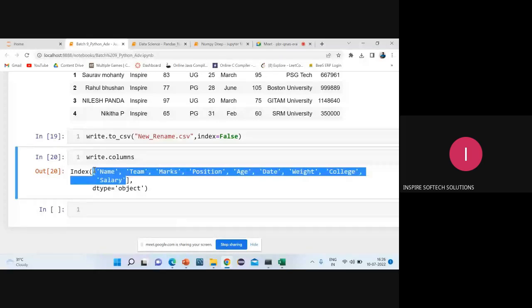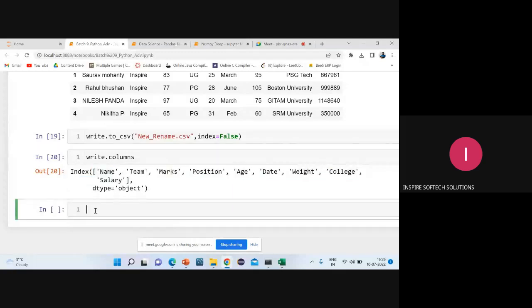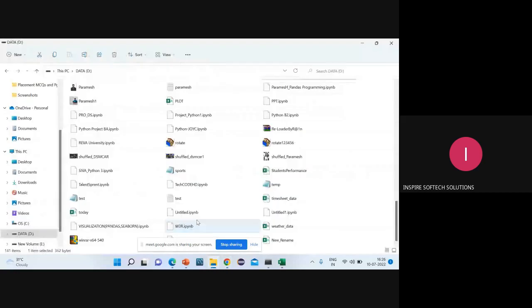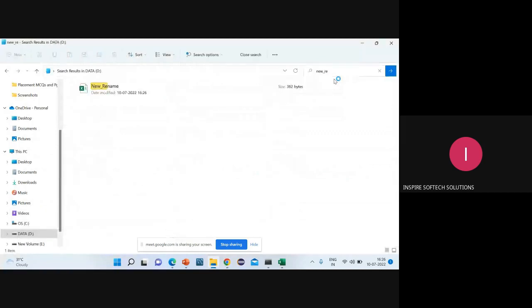Now, if you want to write based on this, we can write it. If you want to check, you can see here in this folder, I'll search whether that name is there or not. What is that name? New_rename, something we kept. I'll just put it in the search. You can see here it has been done. You can check with the date, 10/7/2022 16:26. The time is 16:26.